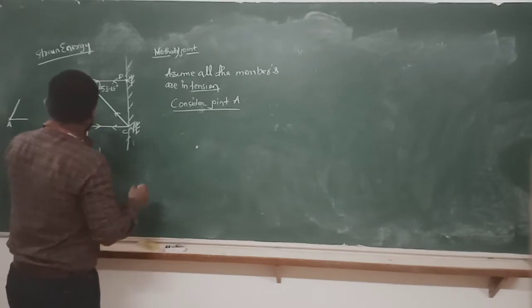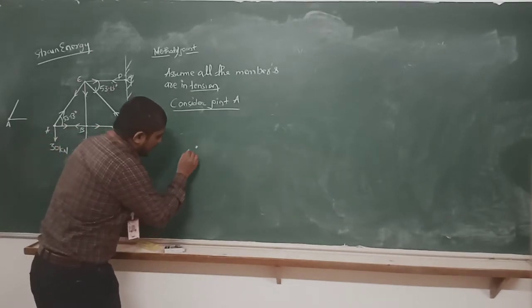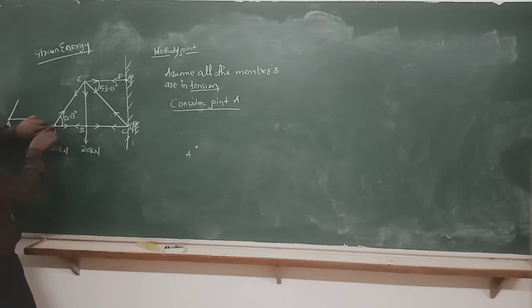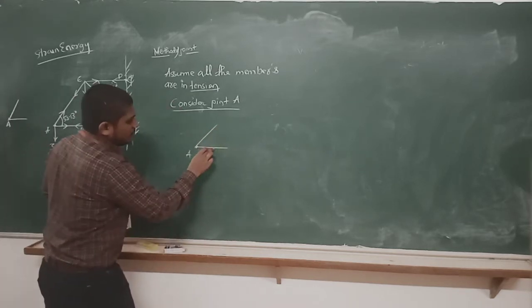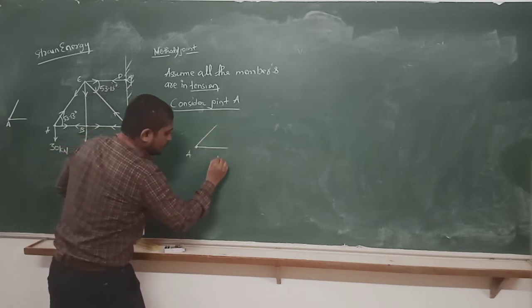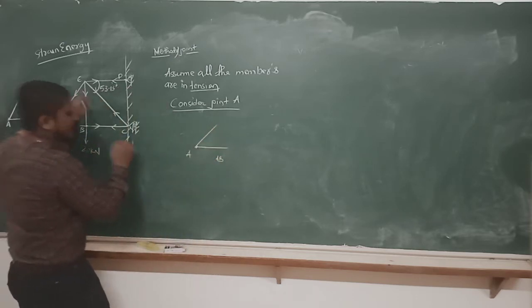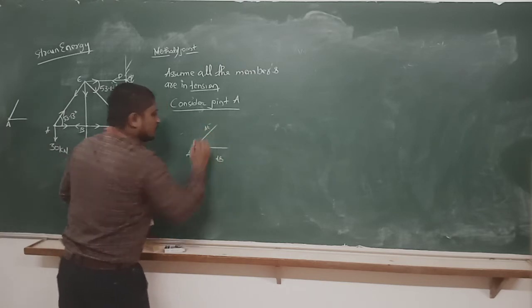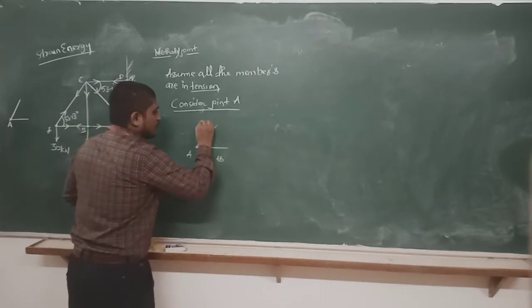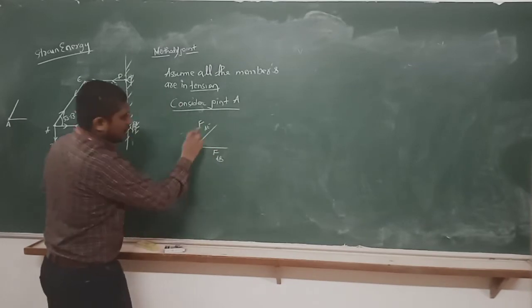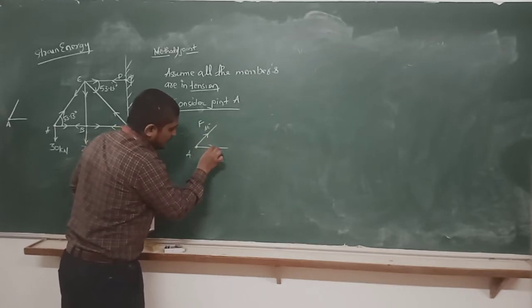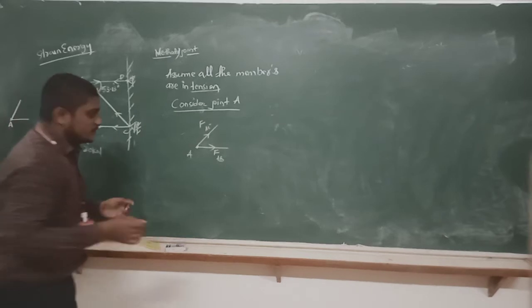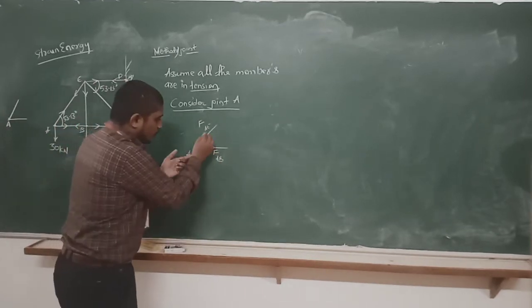Consider joint A. Now see joint A, you write down point A here. With A, which members are connected? AB and AE members are connected. So I'll just draw this. This is AB, right? And this is AE. What are we calculating? Force. So let's apply force like this, FAE. Initially, what have we considered? Away from the joint, it is in tension. If I get a negative answer, the assumption will be wrong. For both conditions we'll see.